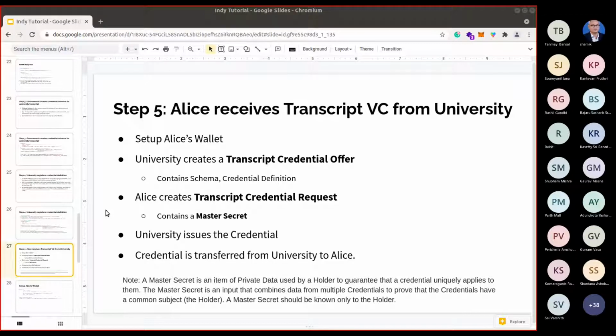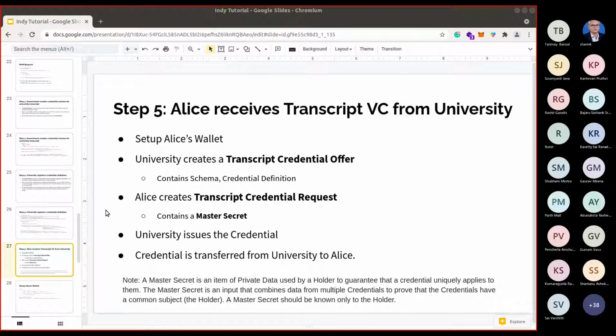Apart from those obvious values, there is another special thing called a master secret. This master secret is a kind of nonce. Maybe we should call it master secret only. It is private random data which is used by the holder to guarantee that a credential is uniquely applicable to them.